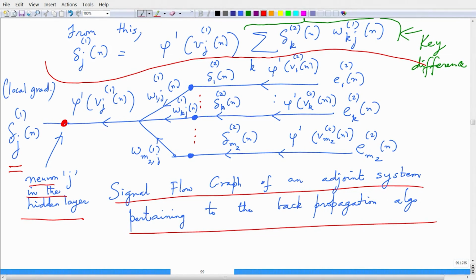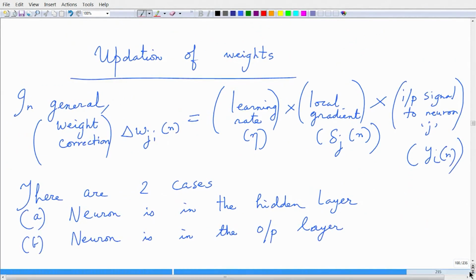I think with these tools in place, we can update the synaptic weights, and then we can realize our learning